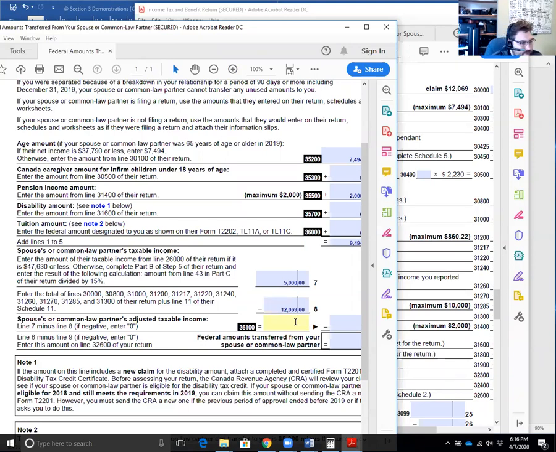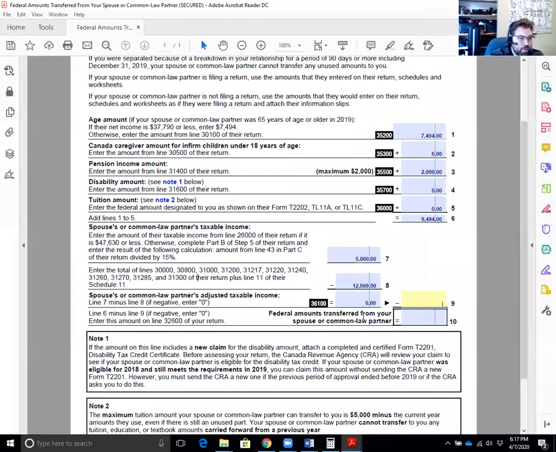And what you'll notice is that it completely wipes out my taxable income, right? So I don't really have to look any further than that. We arrive at 0. We put 0 here. And the amount that I can transfer to my spouse or common law partner is all of it,